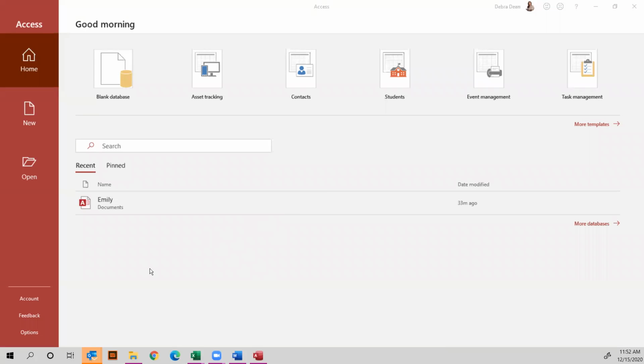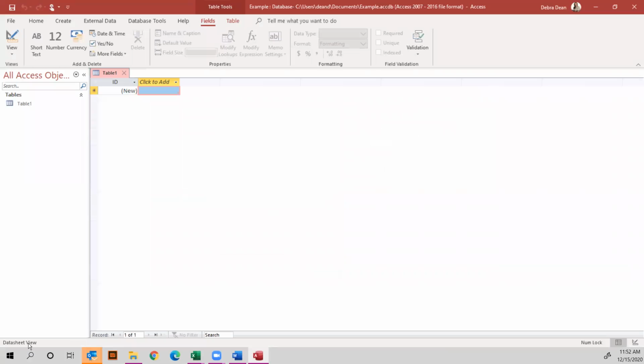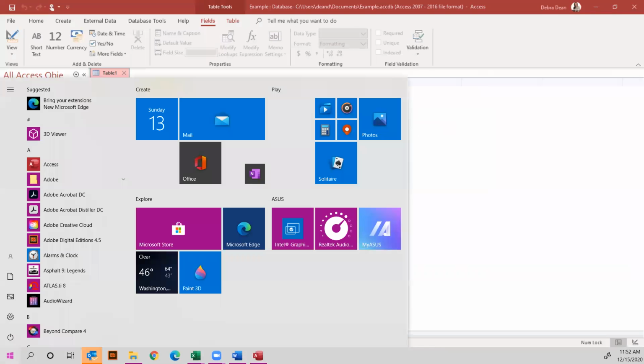Okay, in this video, I'm going to show you how to use Microsoft Access to create a new database. You can open up the database, name it whatever you want to, and hit create. Now, I should say that to find Microsoft Access, if you go to your home button, you